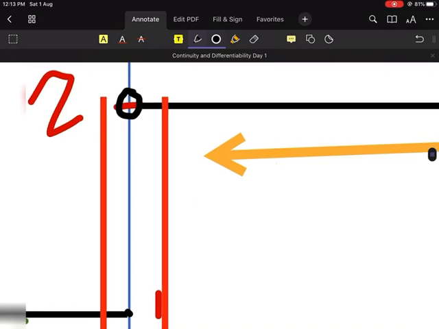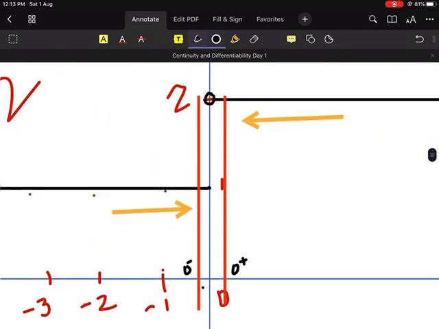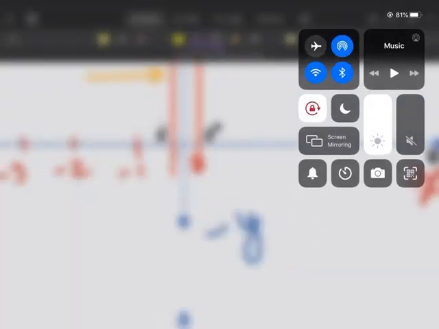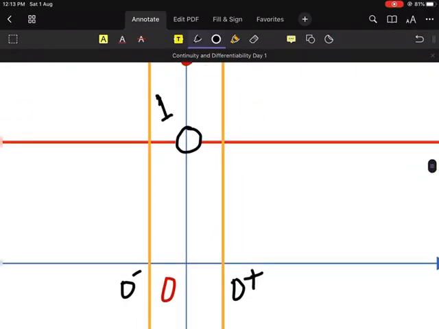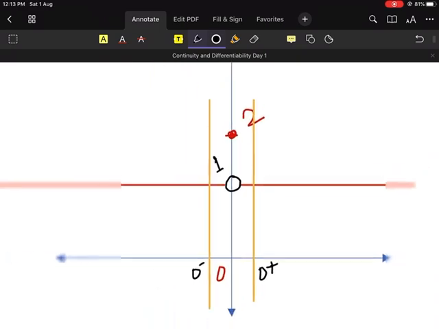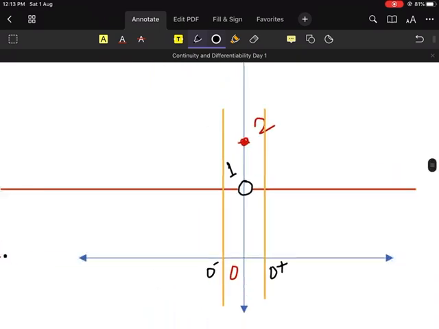Again 0 plus. Which value is it cutting? It is cutting this value, 2, so it is 2? Look at the graph. The 0 minus line, at which point is it cutting the function? At 1. The 0 plus graph, at which point is it cutting? 1. Am I clear now, everyone?